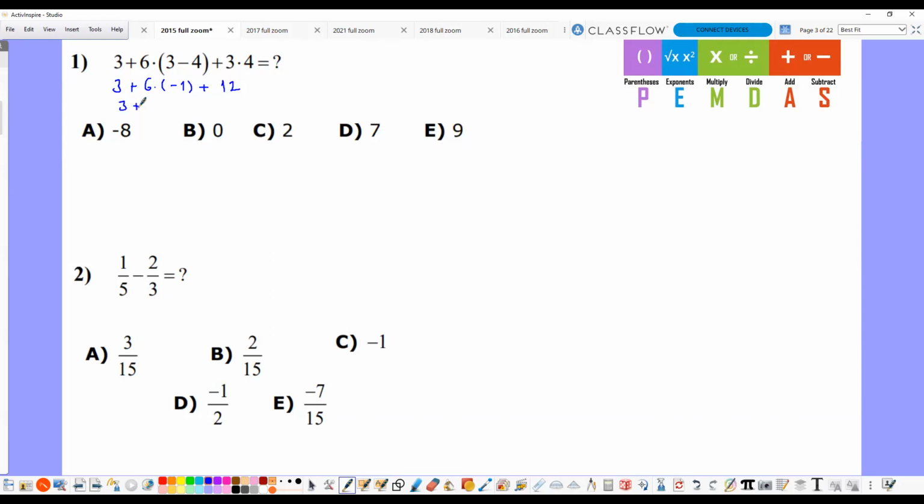So it's going to be 3 minus 6, because 6 times minus 1, it's going to be equal to, here,